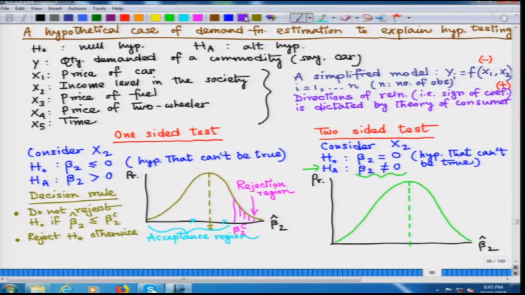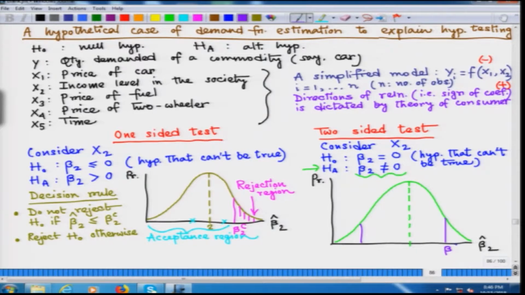So, in order to divide the range of beta 2 values, we now have to think about two critical values. One on one side of the distribution and one on the other tail of the distribution, and let me call them